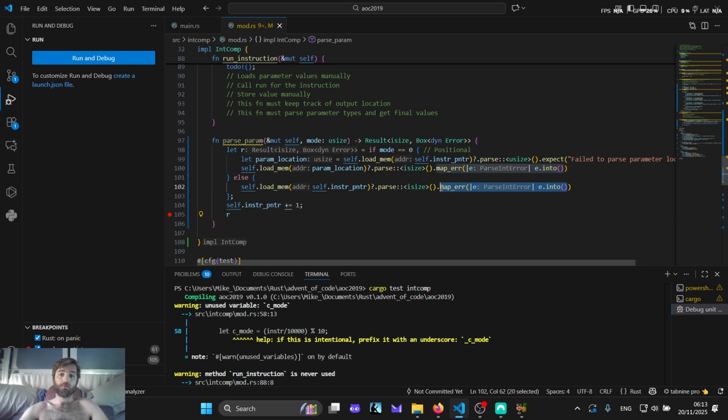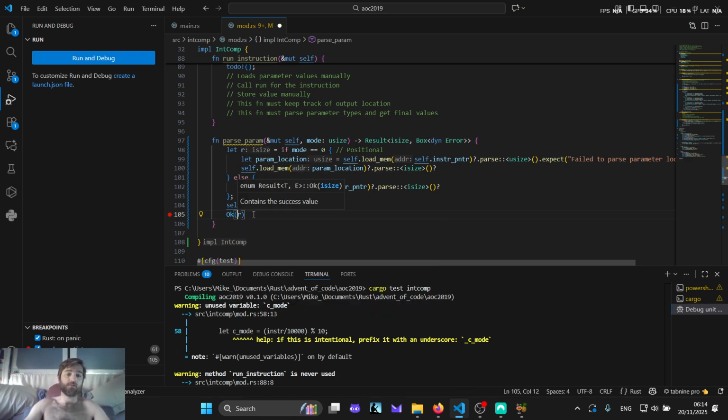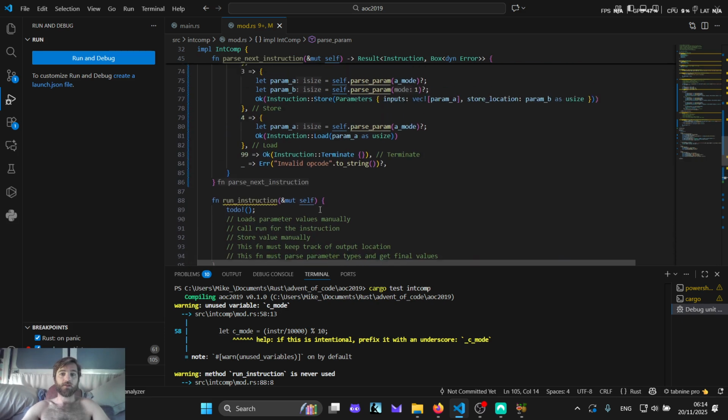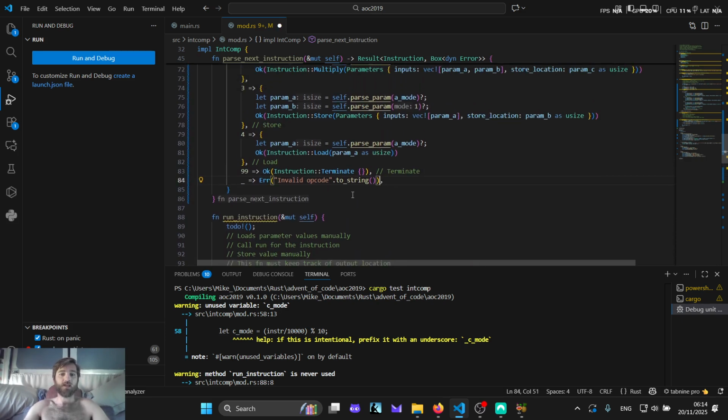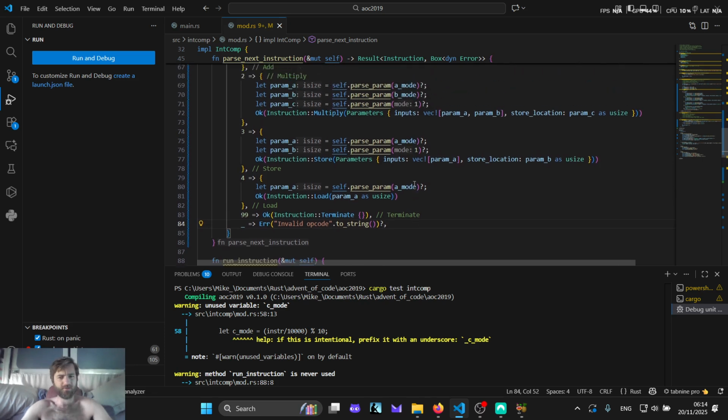Or I get rid of these and use question marks. Now the question mark is going to unwrap the actual result value, if it's okay, so I then need to wrap it back up again. I think this one looks a lot nicer, and the only other place this comes up is here, because again, I'm returning a straight up error with a string inside it, and I just add the question mark to implicitly convert it. I mean, I guess if you know the question mark is doing it, that's explicit, but that's splitting